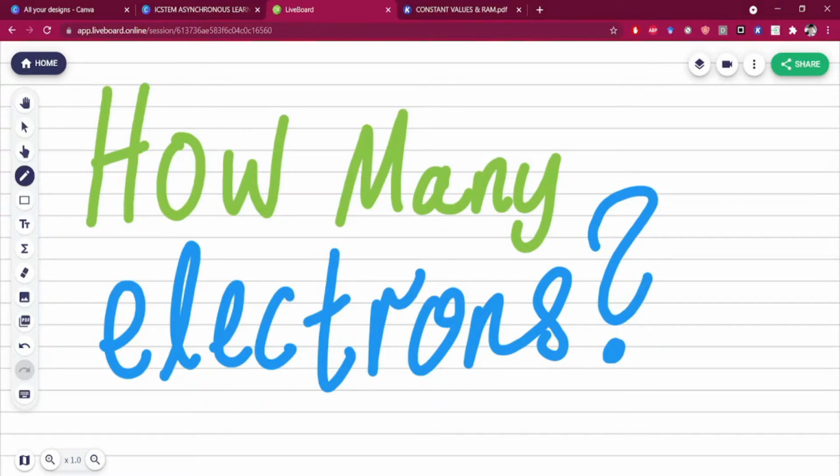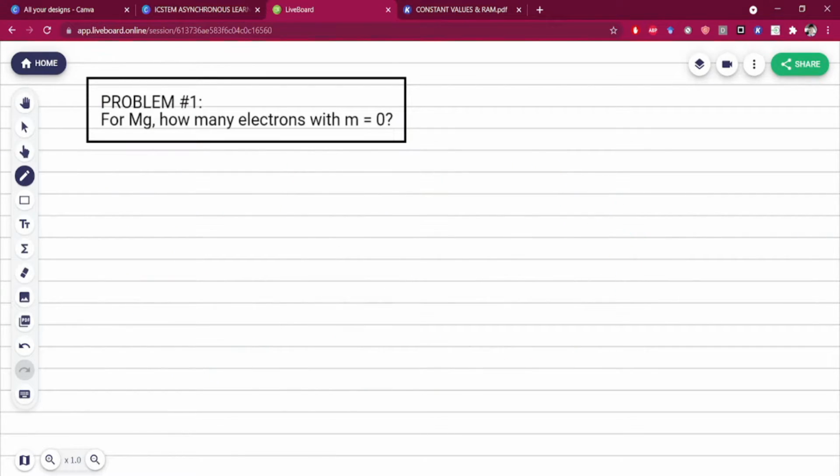Okay guys, in this video we're going to learn how to count electrons based on the situation given in chapter 2. This is a typical problem in chapter 2, atomic structure, for matriculation level. Usually they're going to give you information about a species. Over here we have magnesium, and then the question will ask you how many electrons with the quantum number